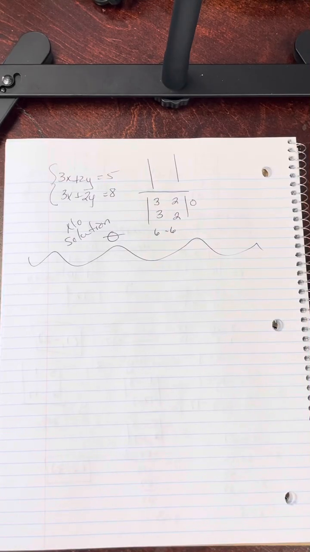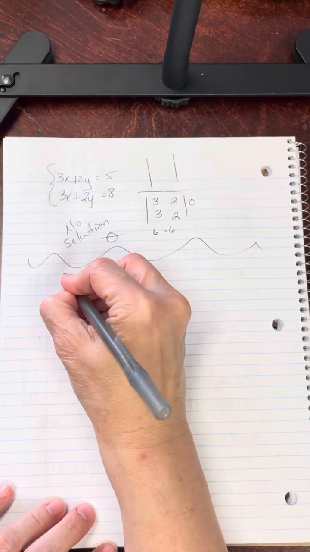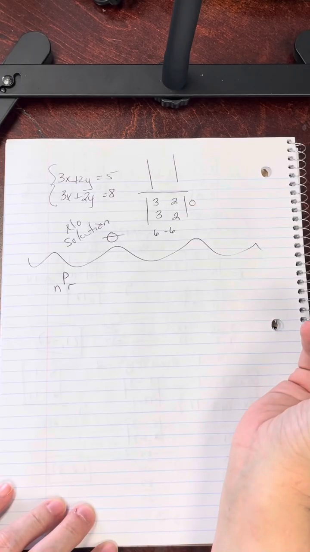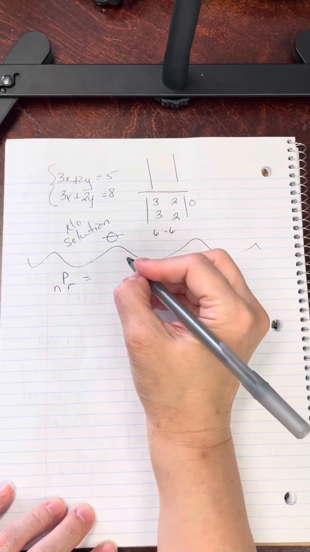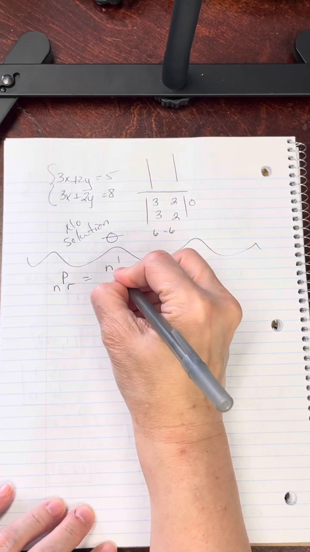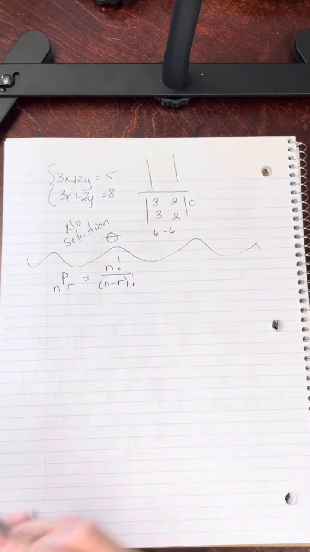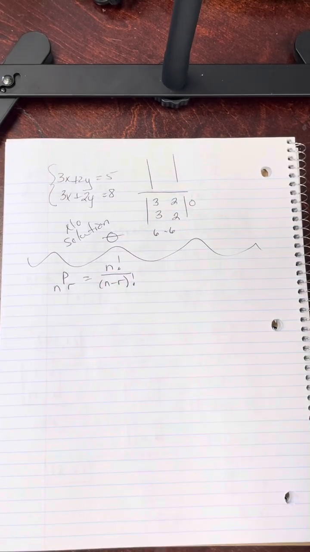Saxon's Trig, lesson 75, is about combinations, and it begins on page 461. They start with a review of permutations, n things taken r at a time, and that formula said you will have the n factorial, and then you will do n minus r factorial, because that eliminates the extra pieces you